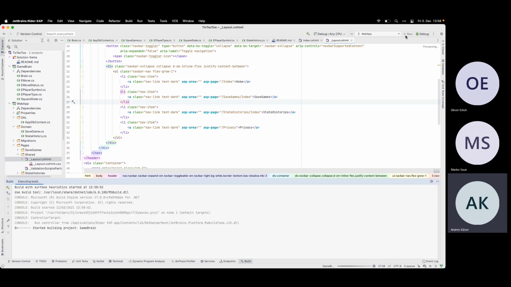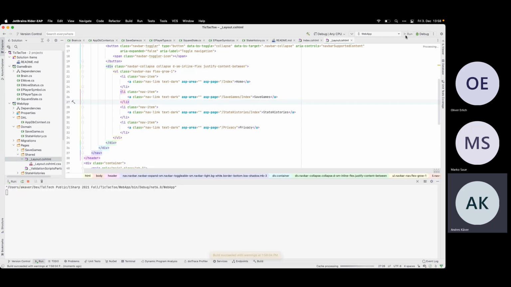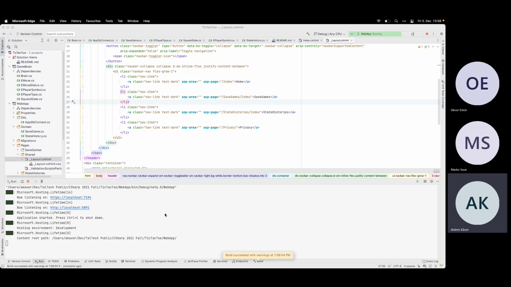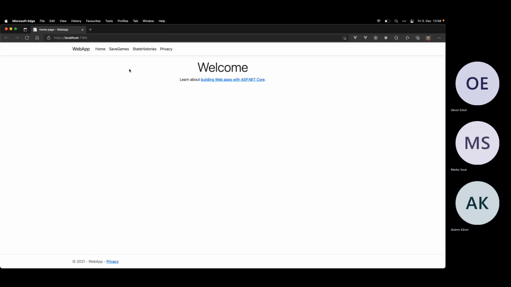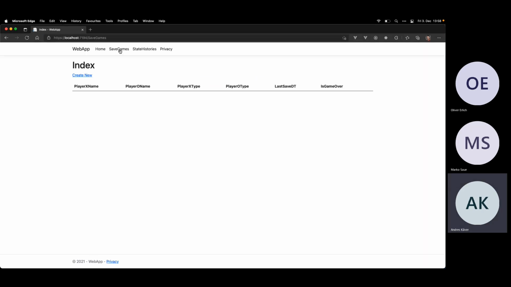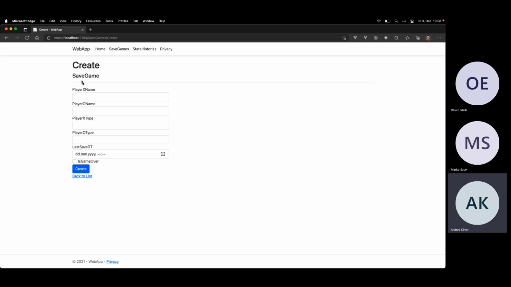Yeah, let's see, will it work? Save games. Create new. Okay, now I have a bunch of problems here that I need to fix, but probably not actually here.